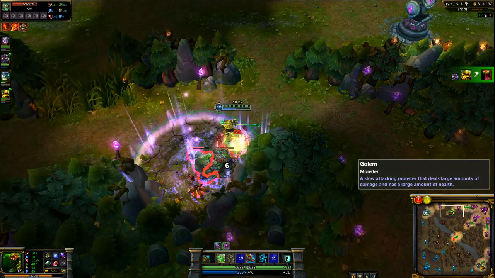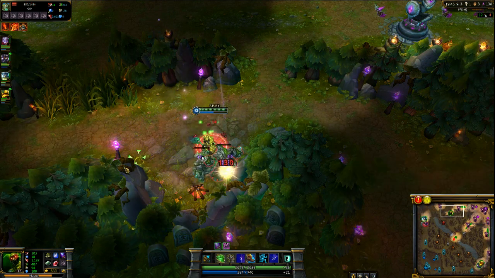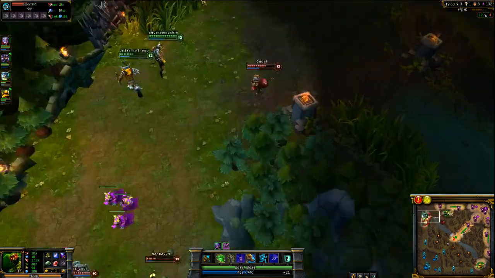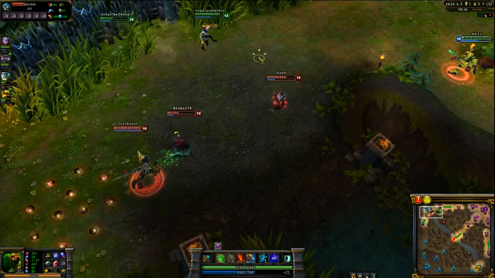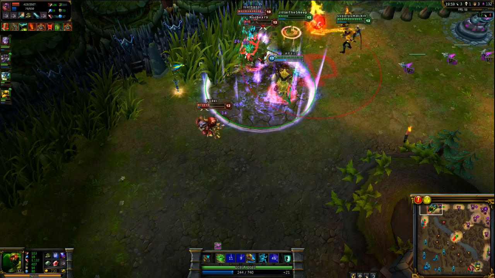People like the Shurelya's, people like the Frozen Heart, the Randuin's, the Deathcap, things with big impacts on the game. And they don't like the more subtle things. Very few people bother to do the math about whether it's better to go for a Void Staff or an